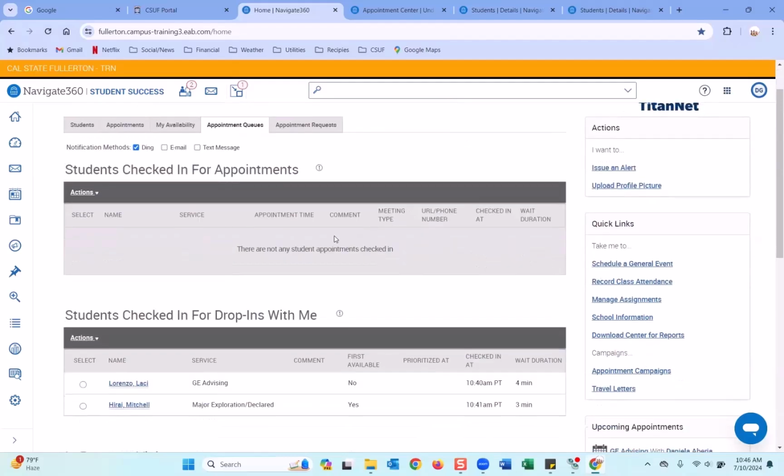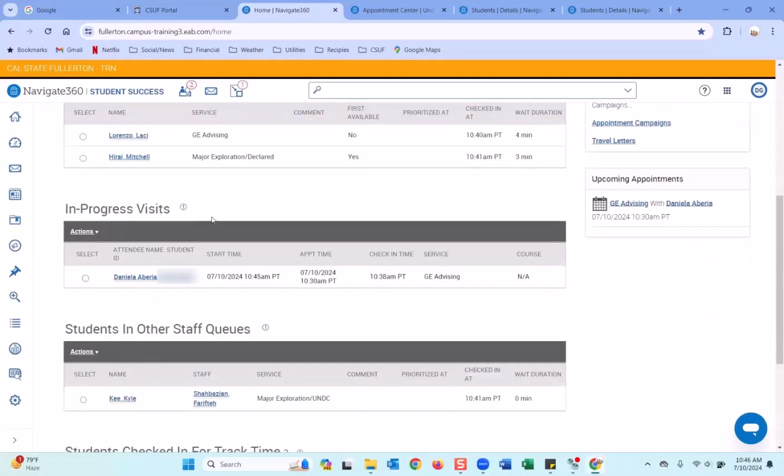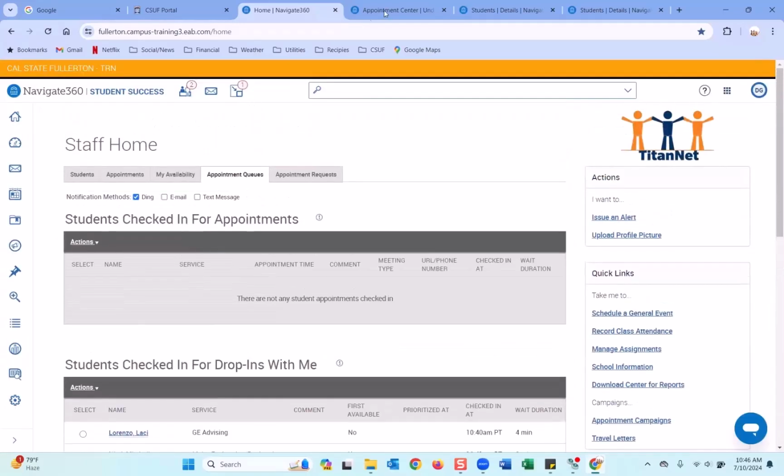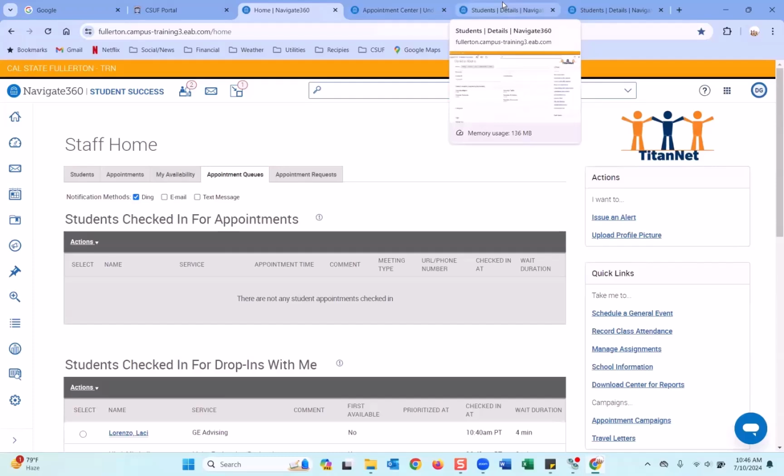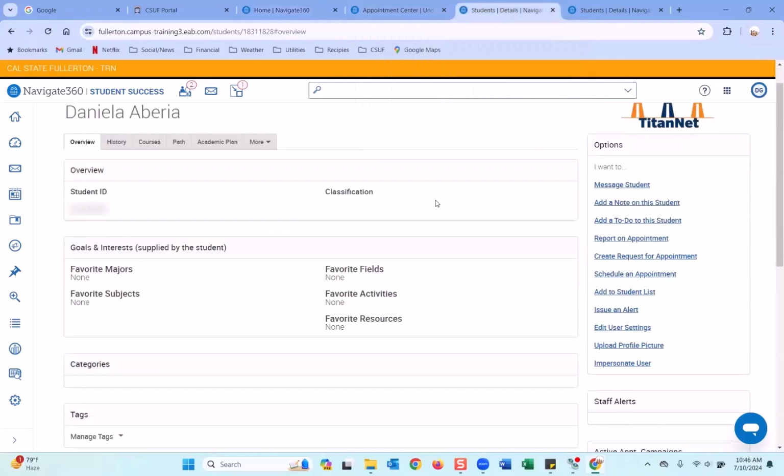I also want to point out that we no longer have a student checked in for an appointment, but now we have an in progress visit. So now I can see this in progress visit that is happening. And so you're just doing your advising with the student, meeting with them, all that kind of stuff. When you're done, you can